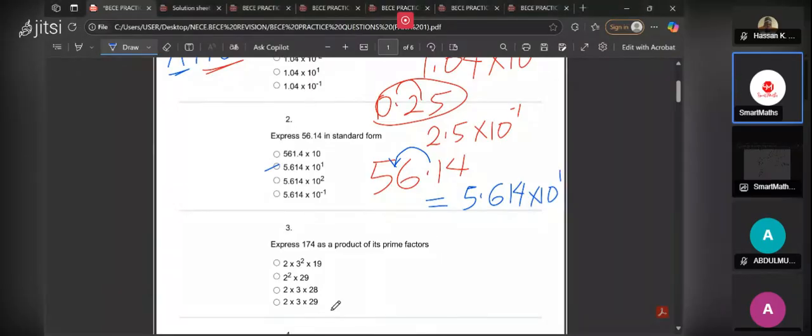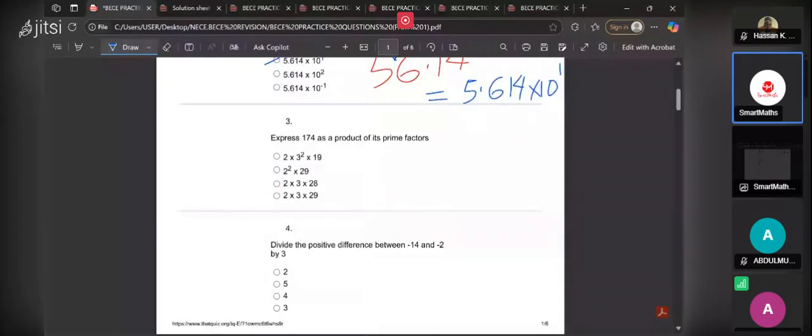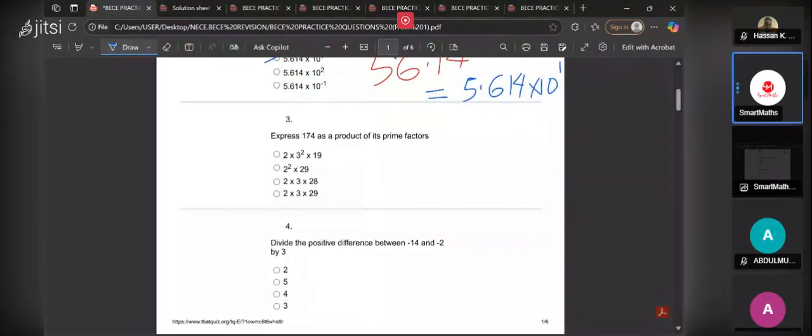All right, question 3. Express 174 as a product of its prime factors. What does that mean? Prime numbers are numbers that are only divisible by 1 and itself. No other number can divide them except 1 and itself. So in that case, we are going to have it this way: